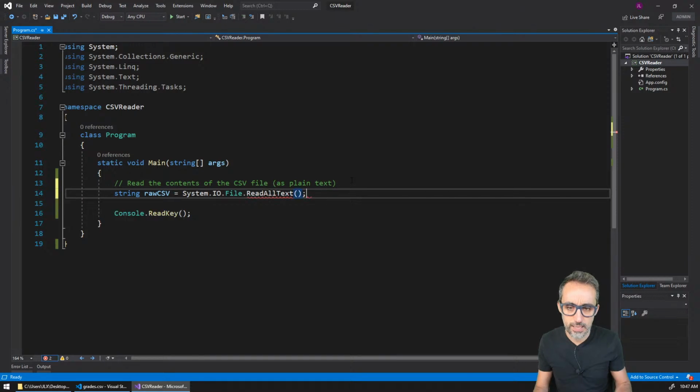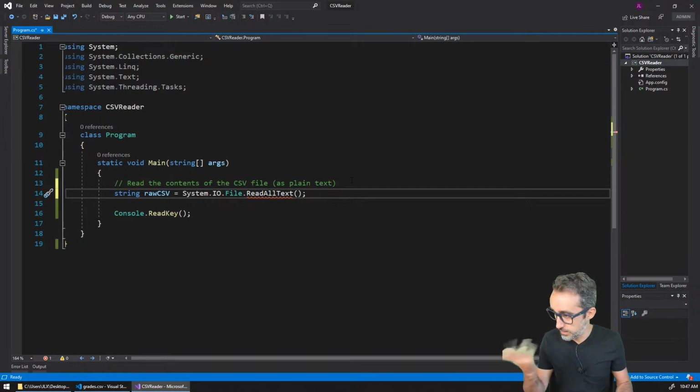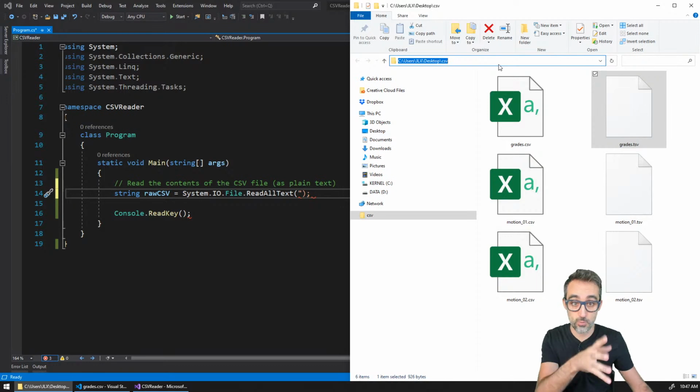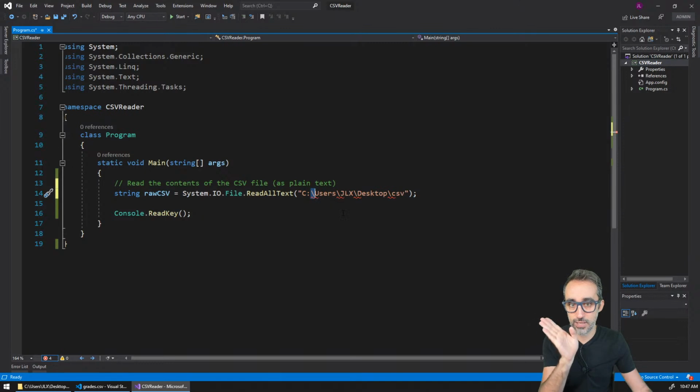So if I do that, I can open and close parentheses, and then inside of this function, I need to type the path of where my file is. In my system it's going to be something like this, because you can see that my file is in Users, glx, Desktop, CSV. I can just, in my Windows Explorer, click here, click copy, and then paste this here right away. However, that doesn't really work because